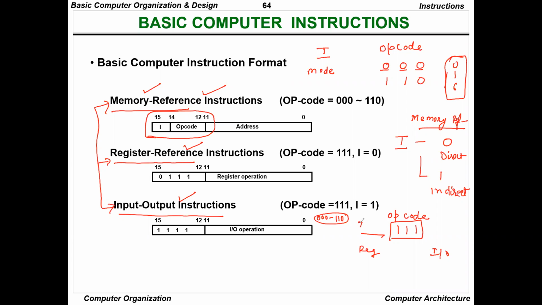Now, if the value of the I mode is equal to 0, that means it is a register reference. And if the value of the I mode is equal to 1, then it is called the input output reference. There is nothing else to understand, and these things are predefined. Don't ask me why the 0 is for register reference, why the 1 is for input output reference. ये प्री डिसाइडेड है, पहले से ही डिसाइडेड है, सिर्फ इन वैल्यूज को उठाकर हम लोग लिखते हैं।